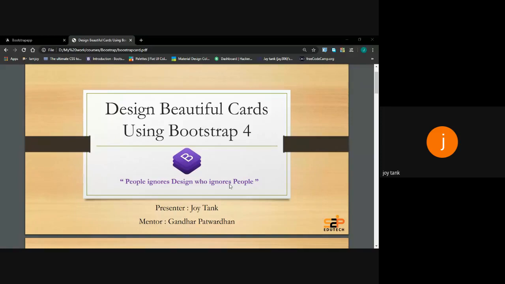Within the UI interface, we are going to develop a card, which is the most important part of the basic fundamentals of UI. In today's scenario, I have observed that many students and many colleagues are not familiar with the designing part. They used to ignore the designing part and switch to the functionality part. You might be observing that you use WhatsApp, Facebook, Instagram, and a number of applications, whether web applications or mobile applications.